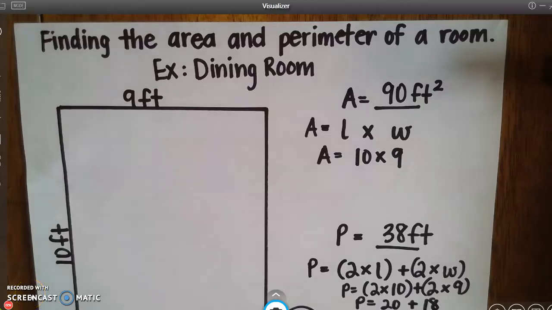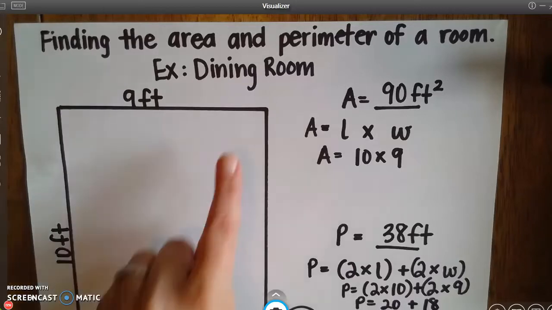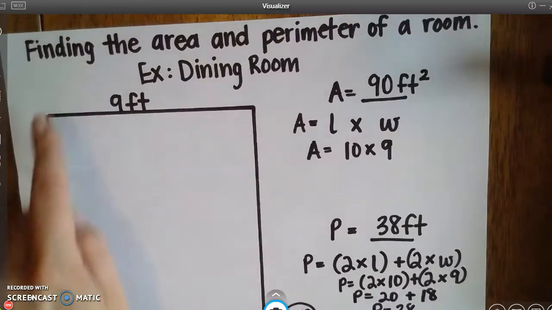Hello! Today for math, you are going to be asked to find the area and perimeter of a room in your house. Okay, you can see for this example, and this is going to be posted online for you too, I have an example of my dining room. It's a little small. Here you can see I have a picture where I've drawn and I have labeled the